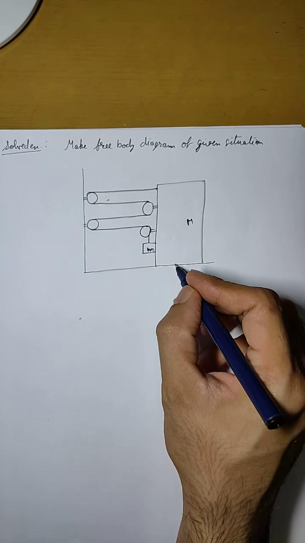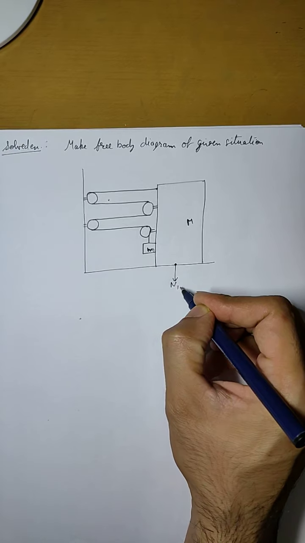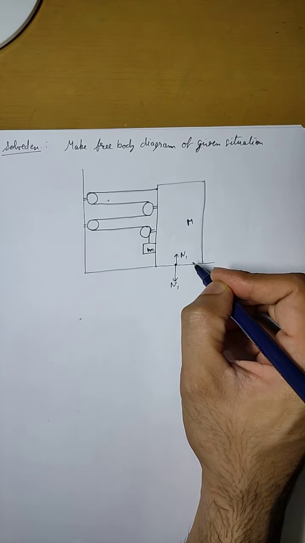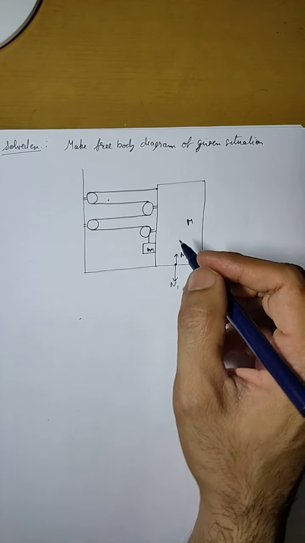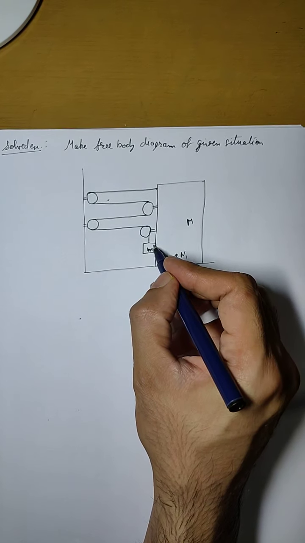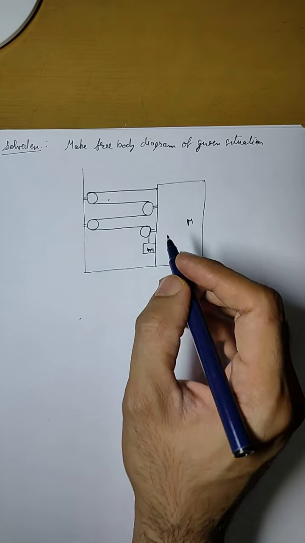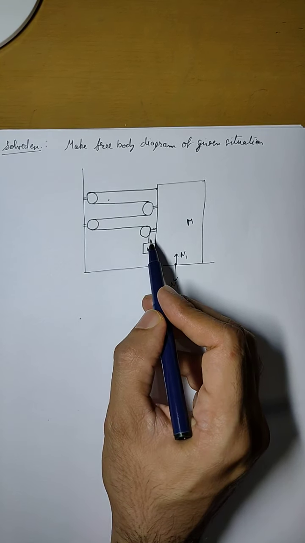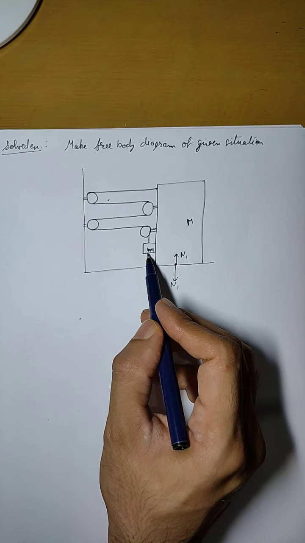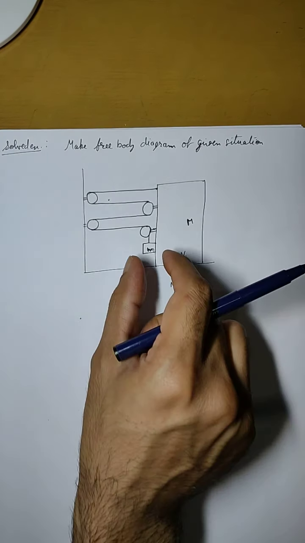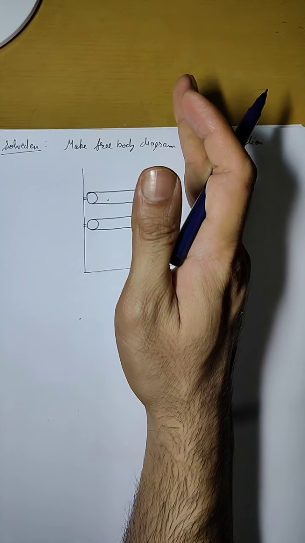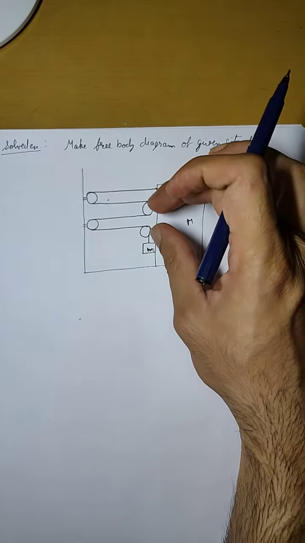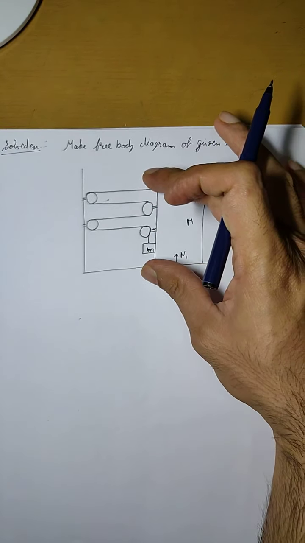So for the bigger block, there will be a normal force in the downward direction. We will replace it with Mg later on. A reactionary force N1 in the upward direction. Then from this smaller m, suppose the system is not in equilibrium, suppose smaller m is moving in the downward direction. As the smaller m moves down, the capital M will move towards the wall. As it is attached with the pulley, this entire block will be pulled towards